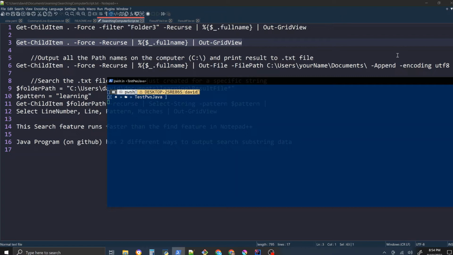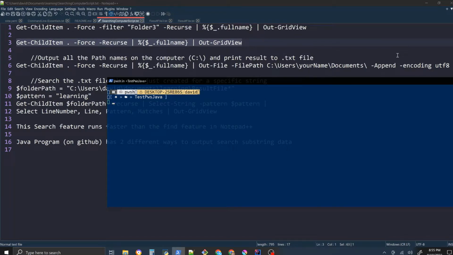Hello, welcome. In this video I'm going to show you how you can use PowerShell and Java with IntelliJ in a very effective way to search through your files, and to search through strings inside of files. You can also search through directories on your system. It's a good way to run scripts and run your PowerShell and Java in order to search for things